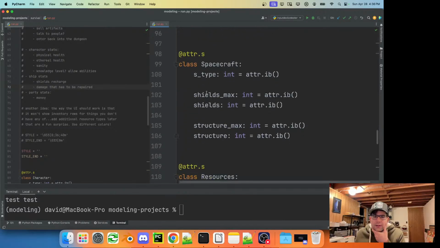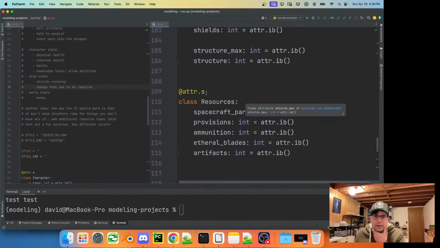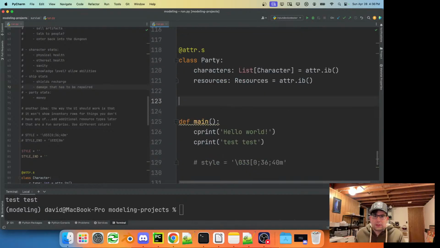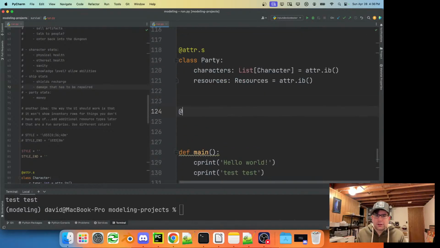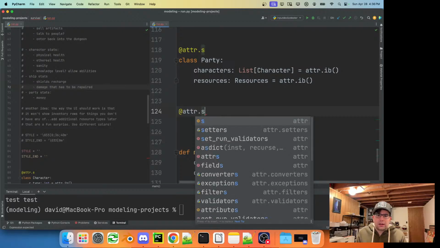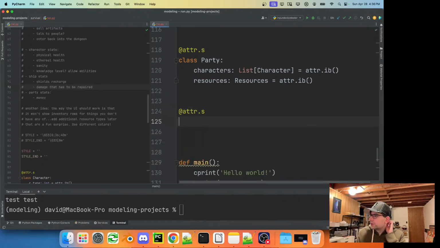So let's see here. I guess the last thing is the dungeon itself, and we'll just call this the dungeon for now.